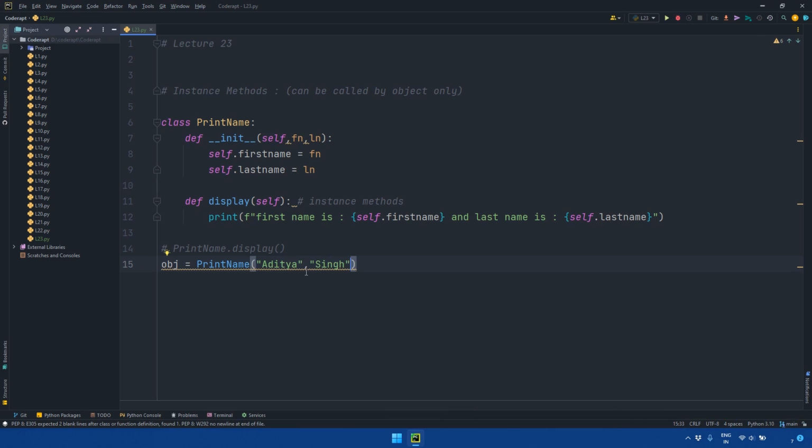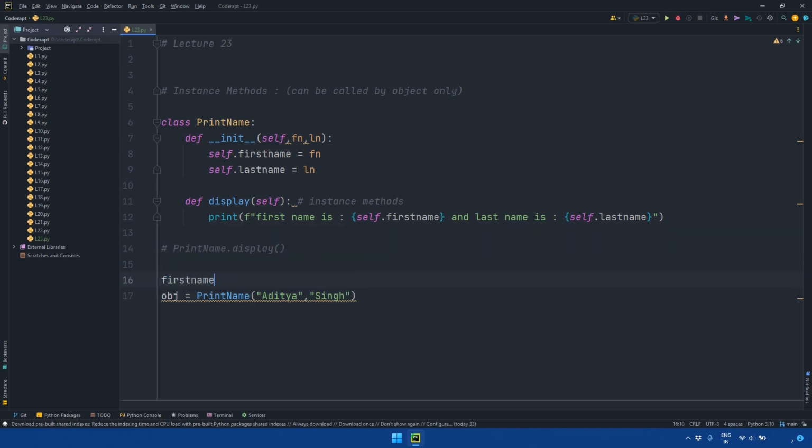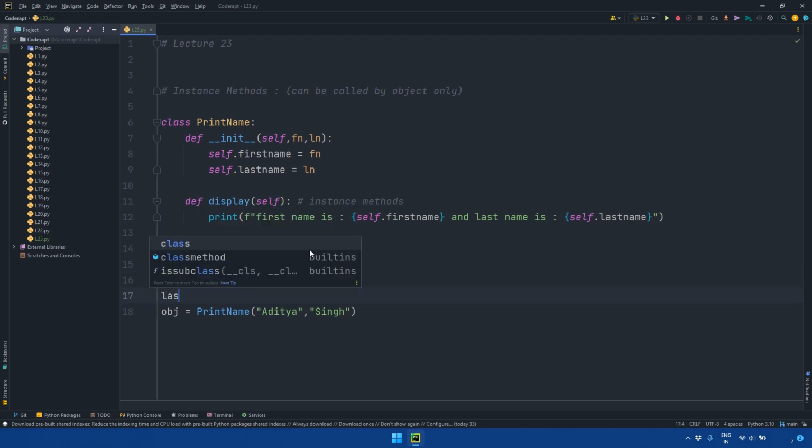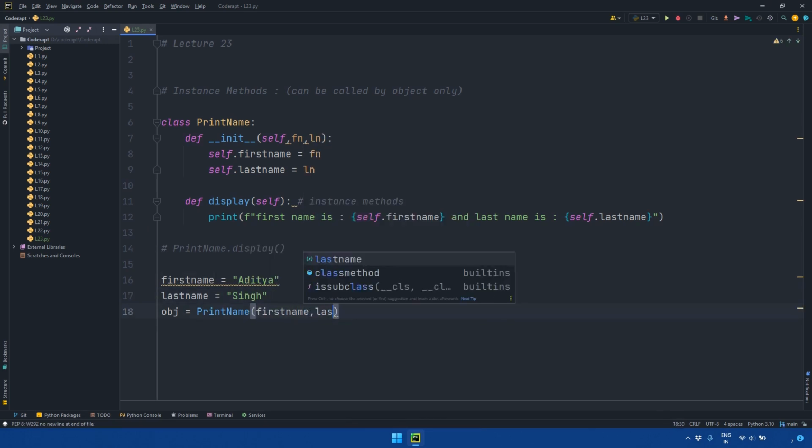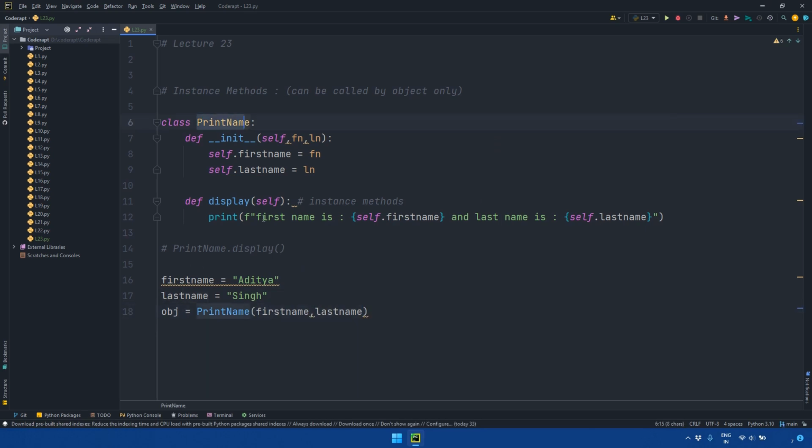One way you can do it like this also, but I'm not going to do this because I have to show you something. So I'm going to create a variable first name, and it's going to have Aditya, and last name, it's going to have Singh. So instead of passing directly, I'm going to pass these values: first name and last name. I will tell you after some time why I use this. So now we have created an object of this PrintName class,